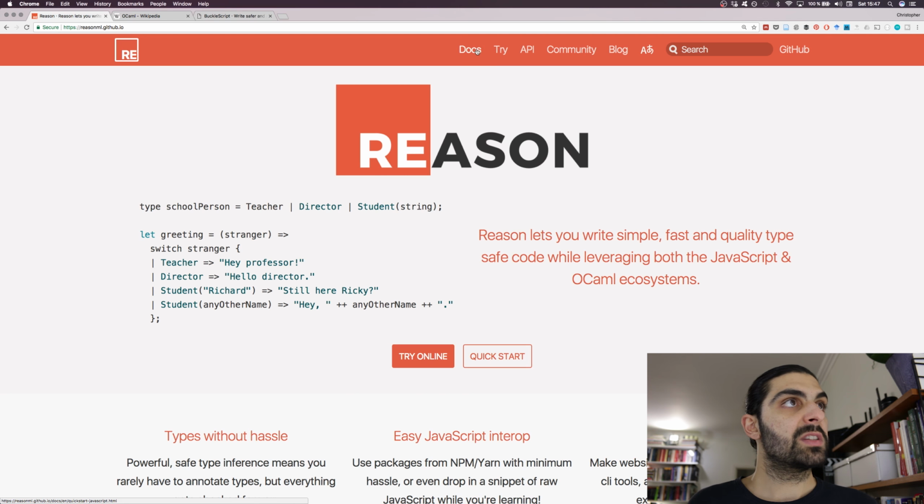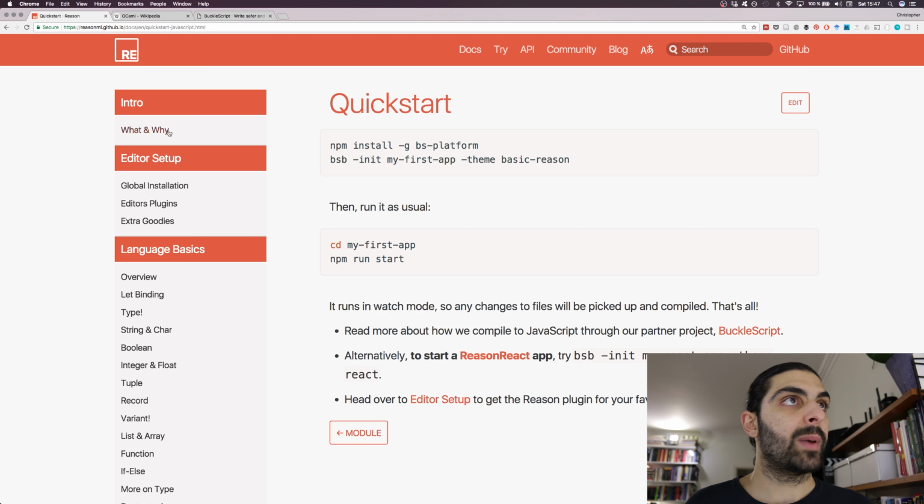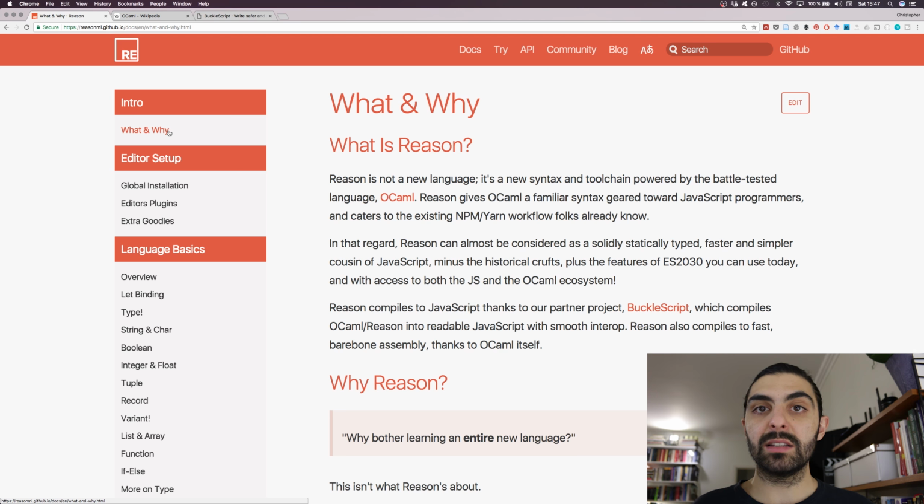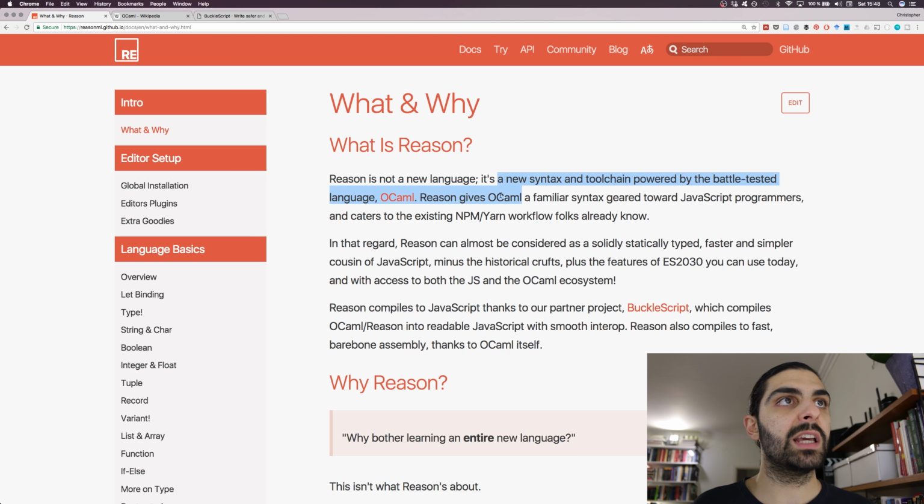So if we look at the docs here, and if we go to the what and why page, we can see that this basically is the way that they describe it. Reason is not a new language, and this is back to the point about it not being a language. It is a new syntax and toolchain powered by the battle-tested language OCaml. Reason gives OCaml a familiar syntax geared toward JavaScript programmers and caters to the existing NPM and Yarn workflow that